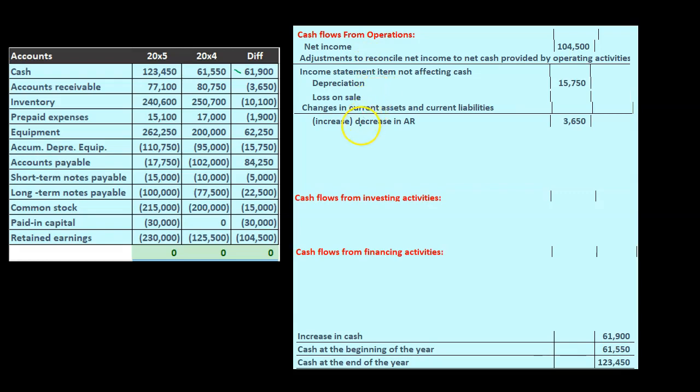And now we're going through the accounts receivable to inventory. Once we get into the current assets, we're going to group those into this change in current assets under the cash flows from operations. The theme here on what's going to happen with these current assets is always going to be the same. But we want to remind ourselves of the theory of what's happening here, because this can be